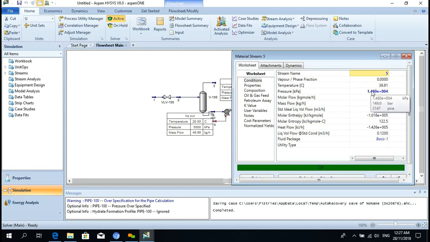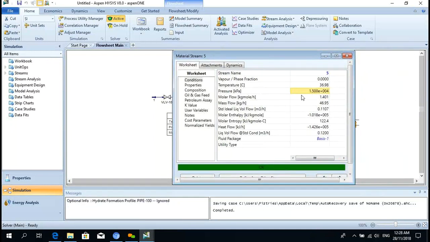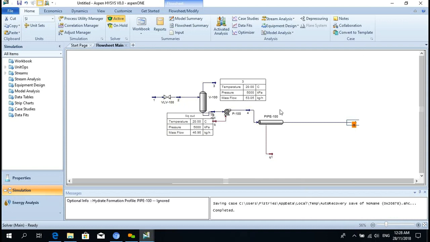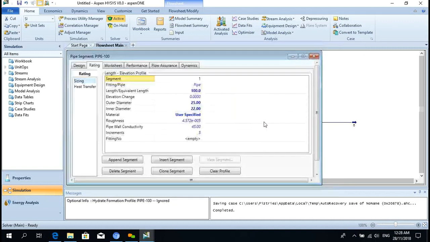Remove this pressure. I'm not able to remove this thing. No, it's okay. I will tell you how to remove. Just now it's simulated actually. Oh, really? Yes.